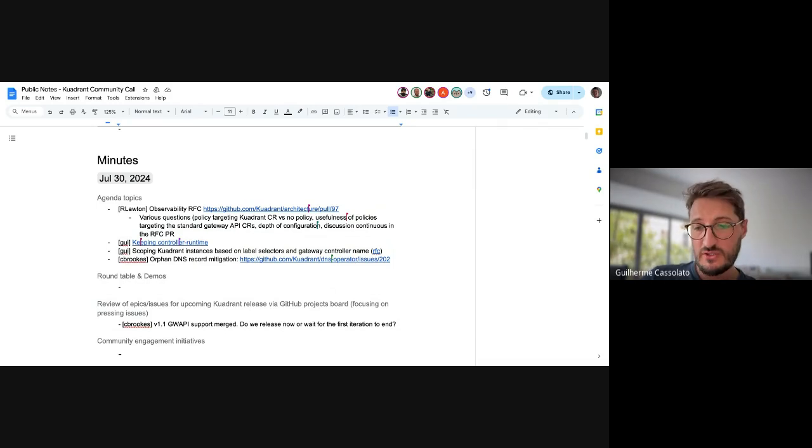Also, I forgot to mention, Eguski left on an email thread a very good list of good reasons to keep leveraging controller runtime. I agree with most of them, not all of them, but I think he does have a point on many of those. I captured some of the most important bullet points in the GitHub issue I'm using to track this work, the one that I linked in the agenda doc. So those are definitely things worth considering, right?